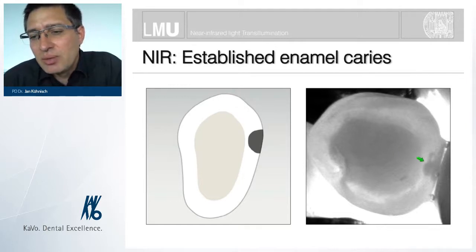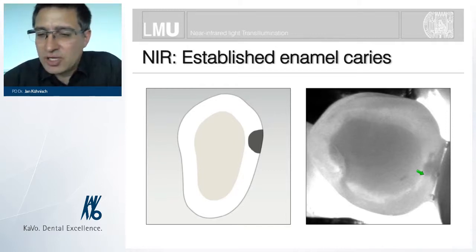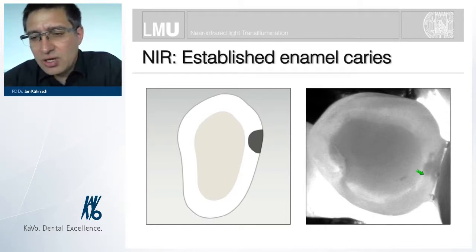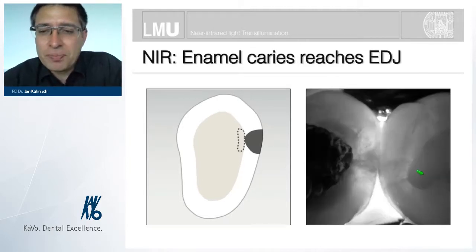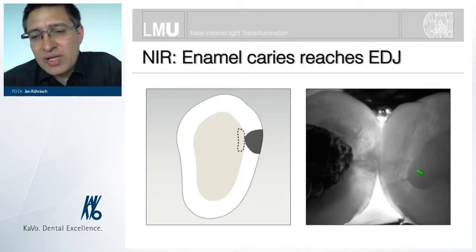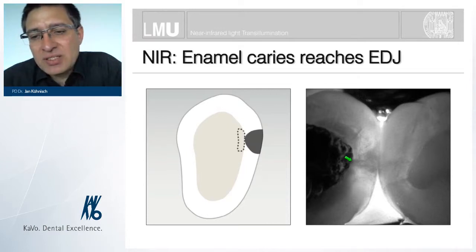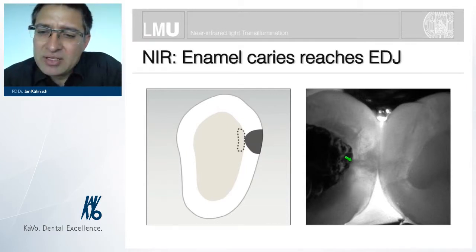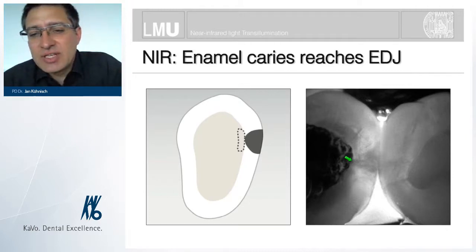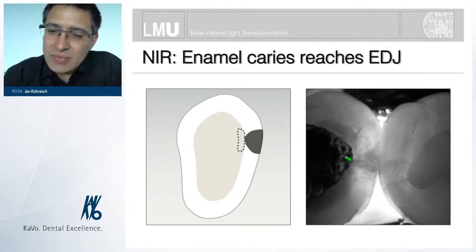It becomes deeper, it becomes broader, and the size is enlarged, and such lesions are definitely present. And we can see such lesions in most of the cases also on the bite-wing radiographs. And furthermore, we can detect those lesions which reached the enamel-dentine junction, which is illustrated in this image. But what we can see definitely in enamel is mostly more difficult to assess in the dentine, as the